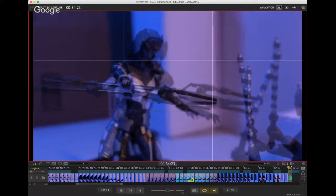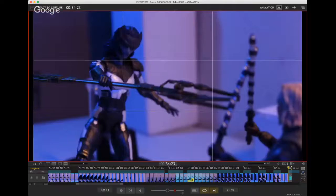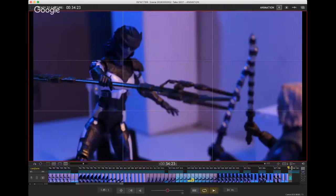Nope, camera motivation. Always need to have it aggressive. What I'm trying to add is